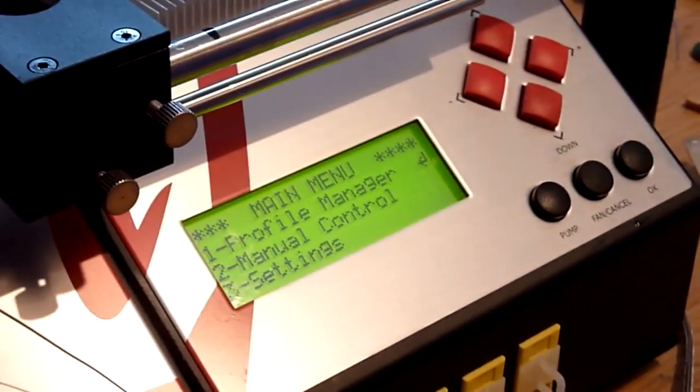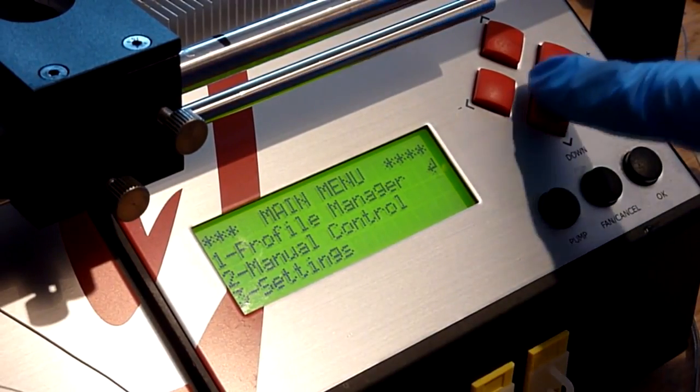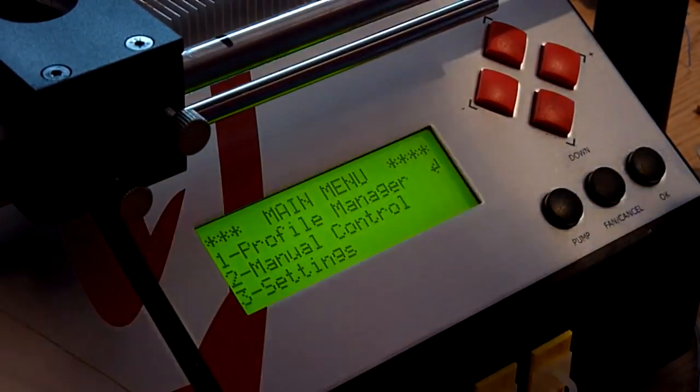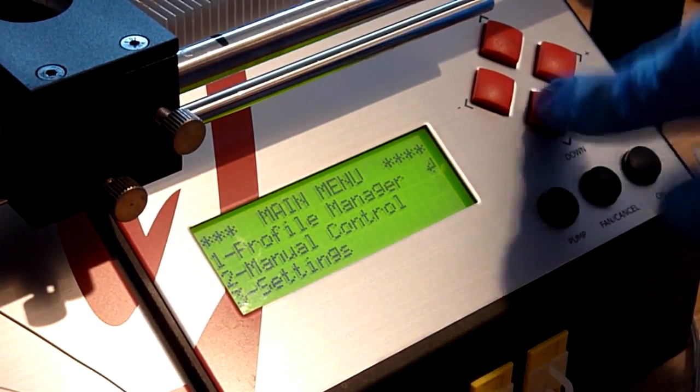So if we just have a look again at our front panel here on the Jovi, we said earlier we were going to go through manual control on this machine, and indeed we are. Again, if you've got a different machine, even a different Jovi rework machine, this menu option is probably going to look slightly different for you. But we're going to go down to manual control,